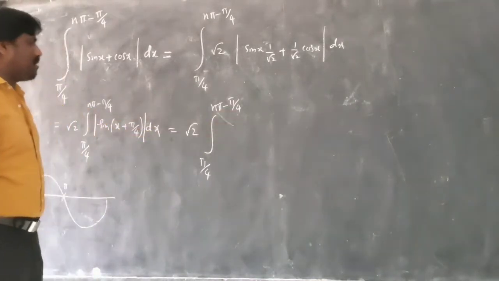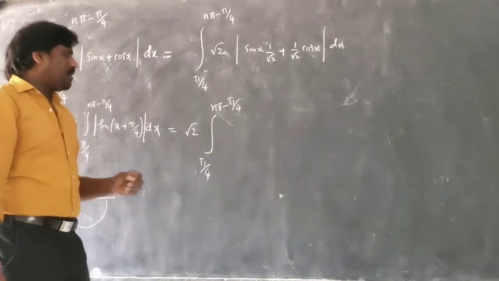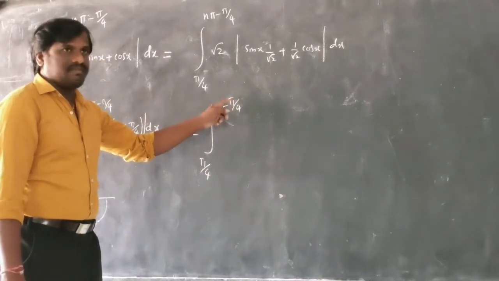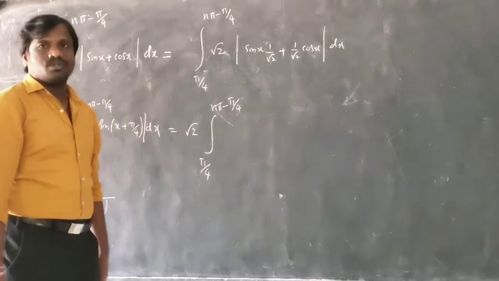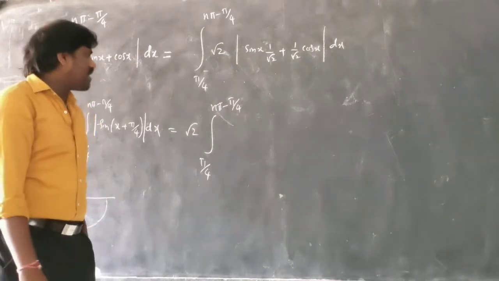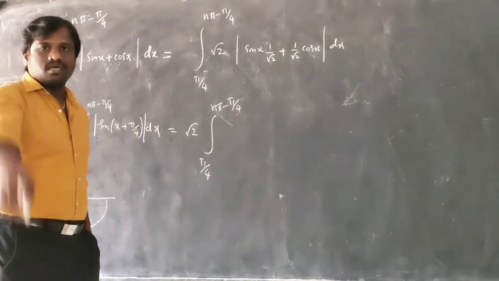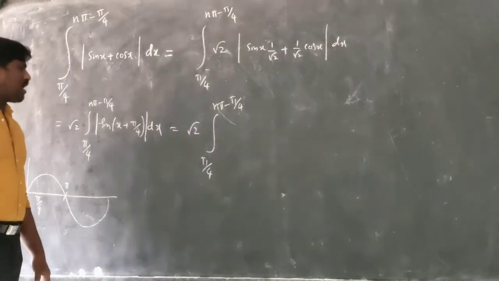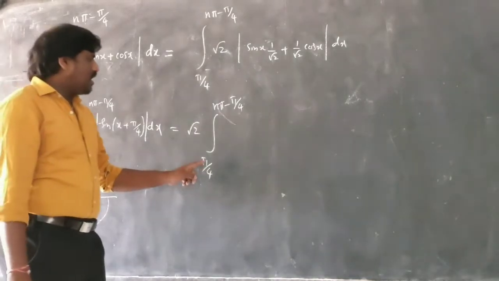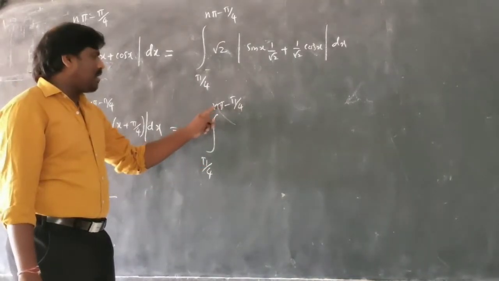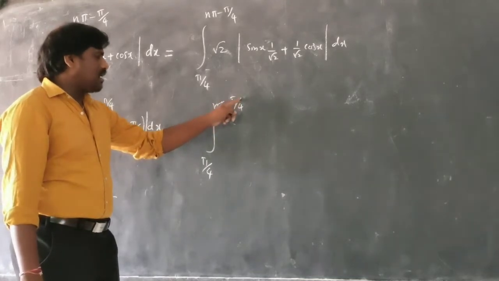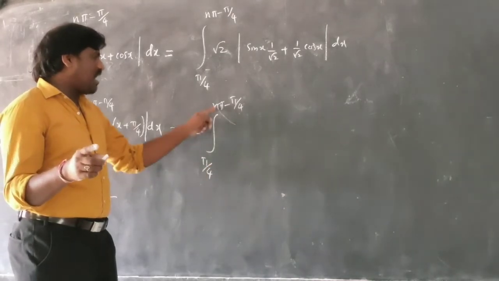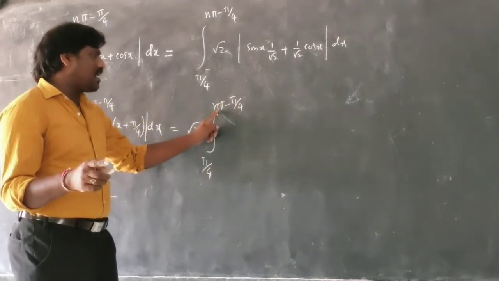Whenever you have n pi minus pi by 4, yesterday I gave the periodic formula, integration from a to a plus t, where a can be removed. I have explained that a can be removed. So this I will discuss later. Let us discuss this one: root 2, and I told you yesterday one formula for the integral from a to nt minus a. Do you remember? Whenever you have this, you can remove this, and only write n pi.